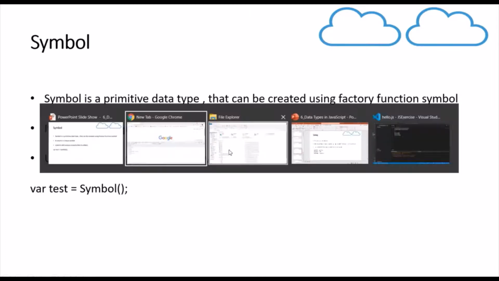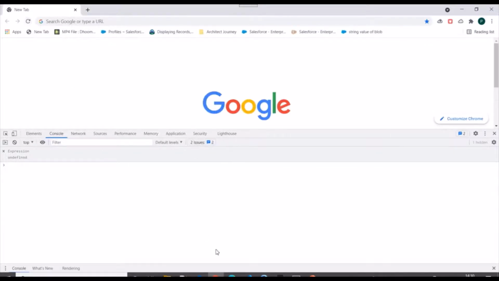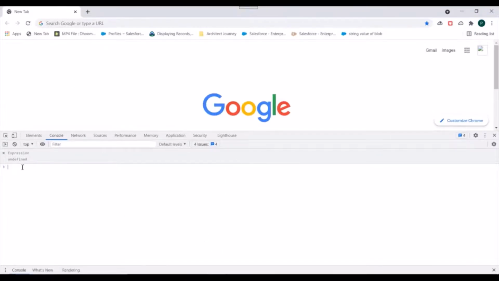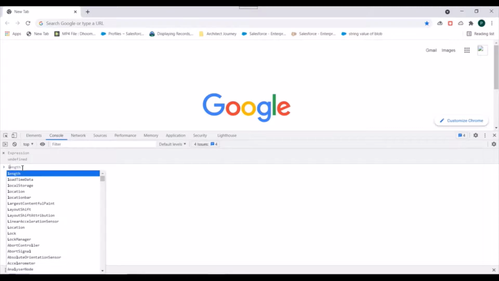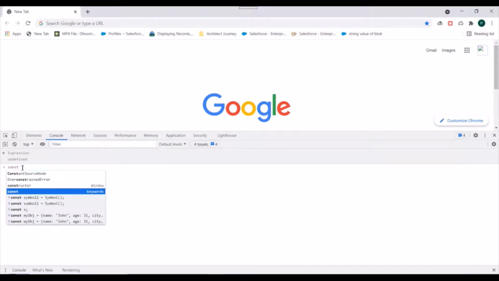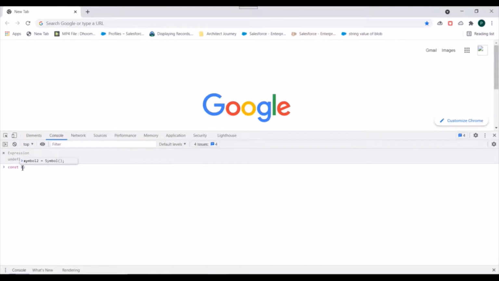Okay, so let's look into it. Let's refresh this. Let's create a symbol. So we'll use, let's say, const sim1 equals to Symbol.